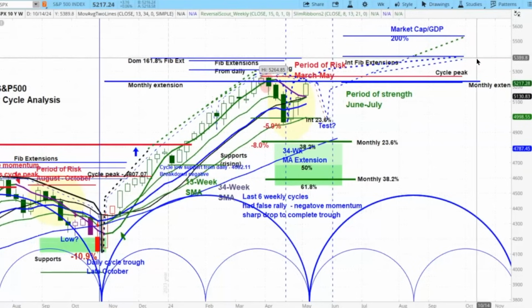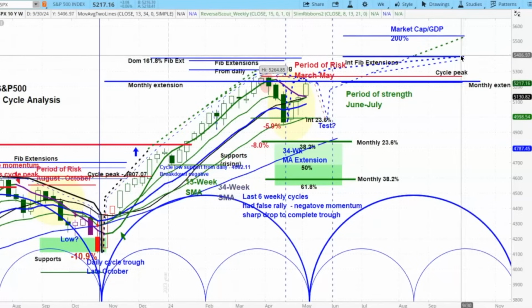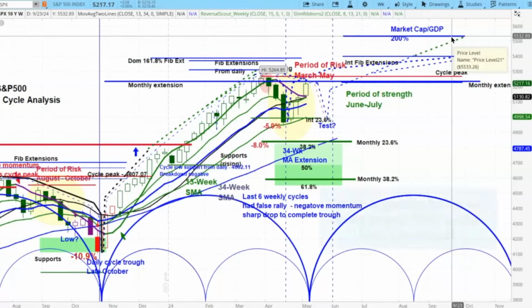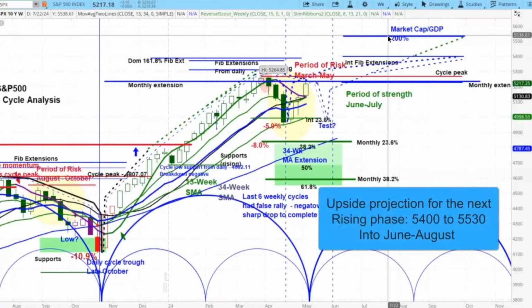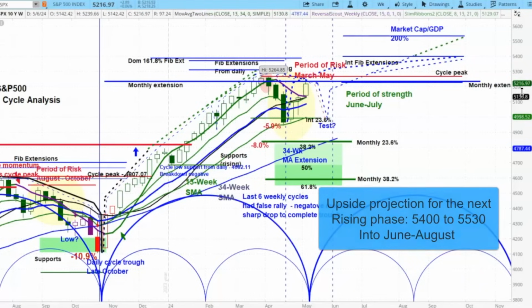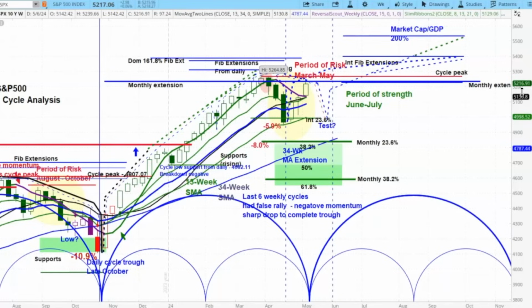Now, the upside projections are right over here at 53.95, so let's just say 5,400, and right over here around 55.30. Now, at 55.30, you will be at historic market cap to GDP percentage. It'll be 200% or just a little bit more. If it were to get up to that level, it would be very likely there would be a very severe downside reaction. Even at 5,400, where you're, let's say, 195% of GDP, you are at historic levels, and that tends